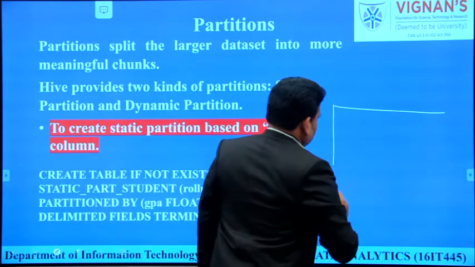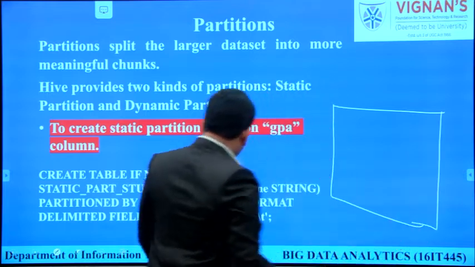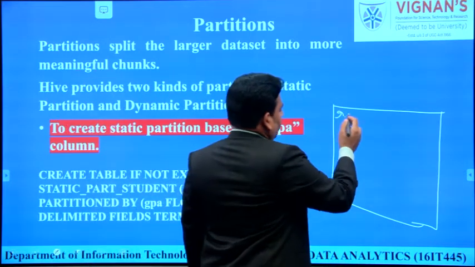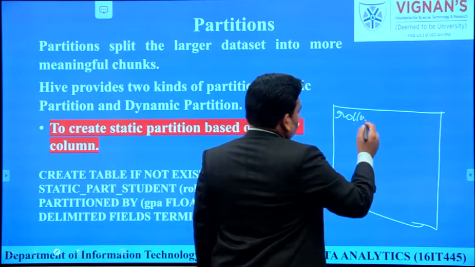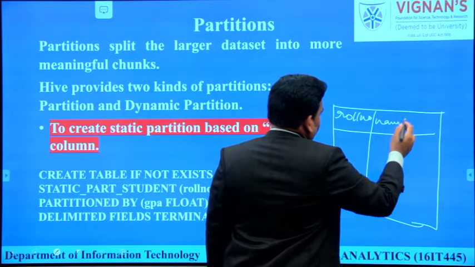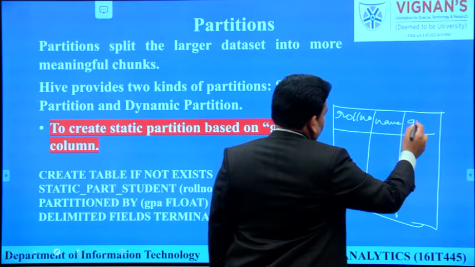Just see the table syntax here. We are having three values here: roll number, name and GPA. So every row will have three columns: roll number, name of the student and GPA.